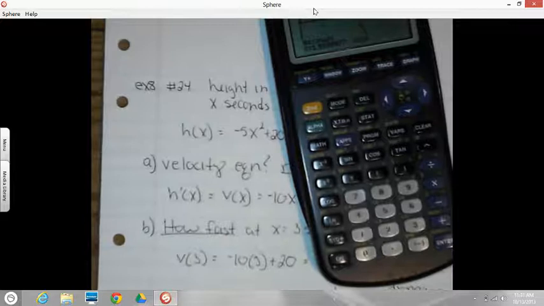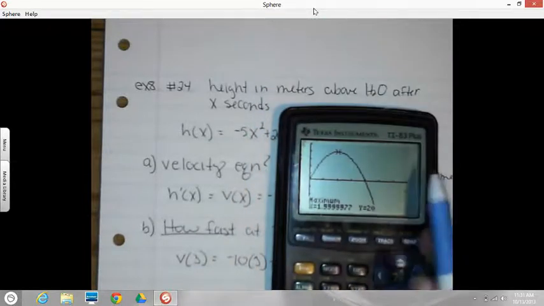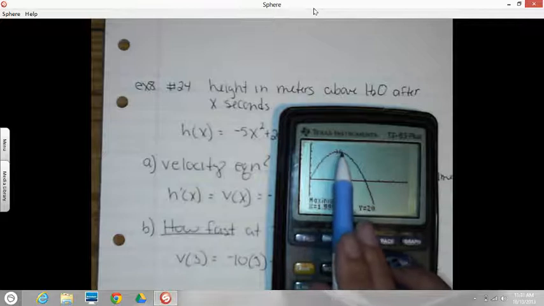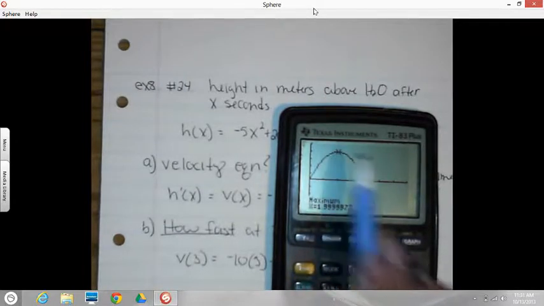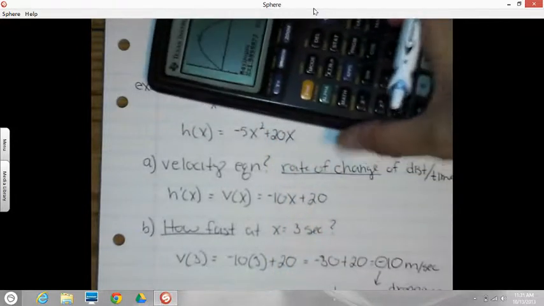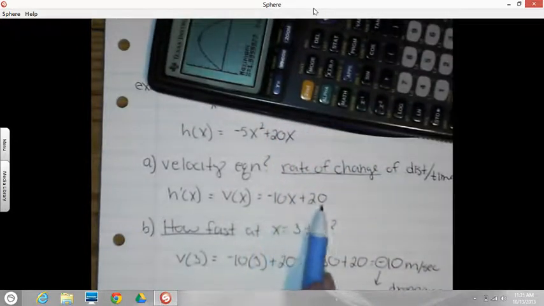Well, how could I have used calculus to answer the same question? Well, we have to remember the connection. A derivative at a max, because the tangent line is flat there, the derivative is always 0 at the max. All I would have had to do was take this derivative equation and set it equal to 0. So this was on the graph, the distance graph